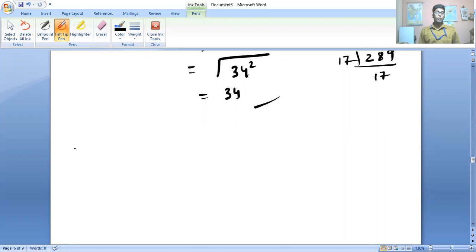Now question number 17. Question number 17 is very important. Okay, it's very important. Here the question says: find the smallest square number which is exactly divisible by each of the numbers 6, 9, 15, and 20. So remember, for a number which is divisible by each of the numbers, what will we do? We'll make the LCM. If this language comes, the first thing you do is find the LCM of the given numbers. So let us find the LCM of 6, 9, 15, and 20.